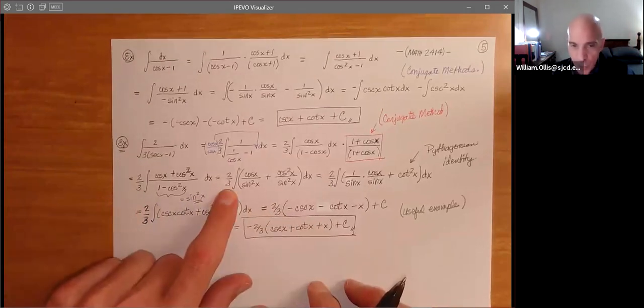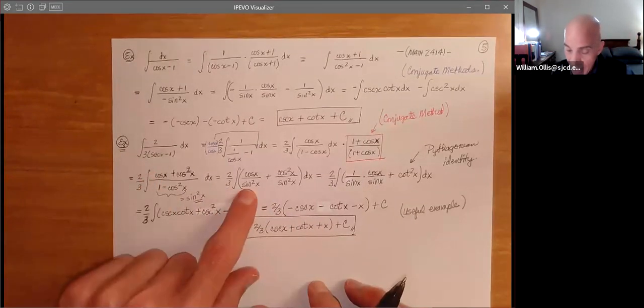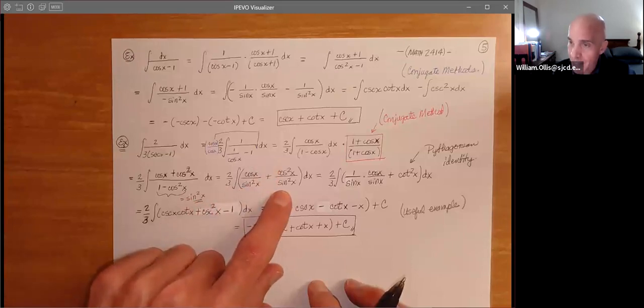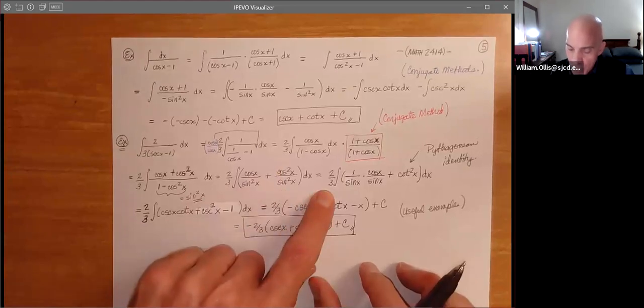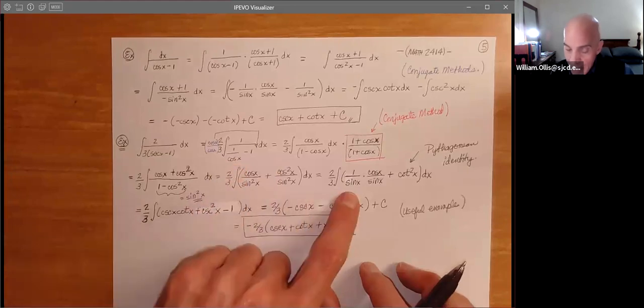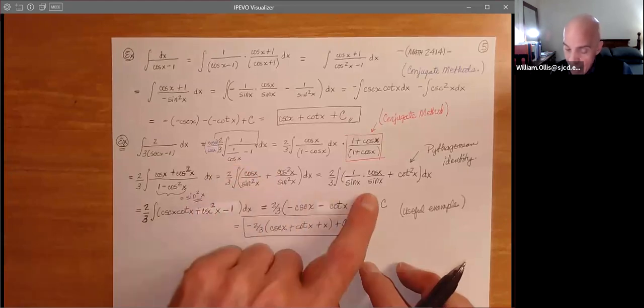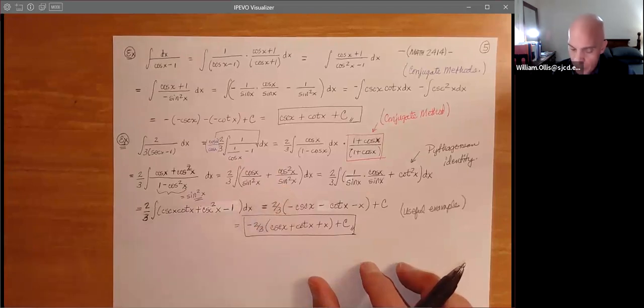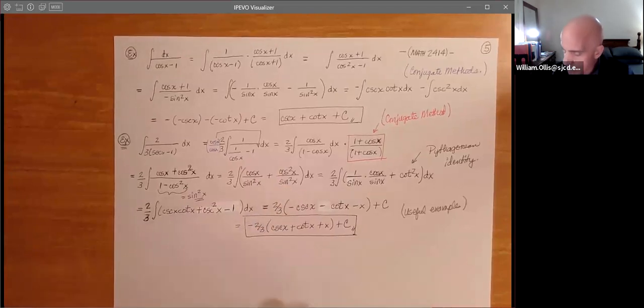And so now we've got the 2/3. So we have cosine divided by sine squared. And then of course we have cosine squared divided by sine squared. So we're getting the same thing basically. So now we've got the 2/3. Now equal opportunity. So we have 1 over sine x times cosine x over sine x. But now note we have cotangent squared. Cotangent squared. And this is where